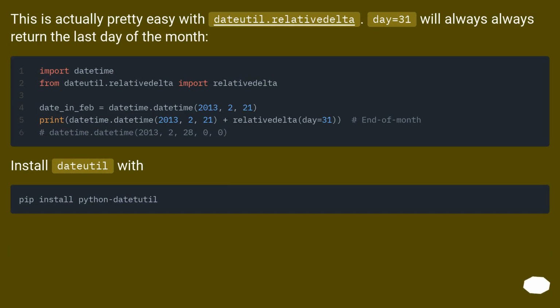This is actually pretty easy with dateutil.relativedelta. day=31 will always return the last day of the month. Install dateutil with